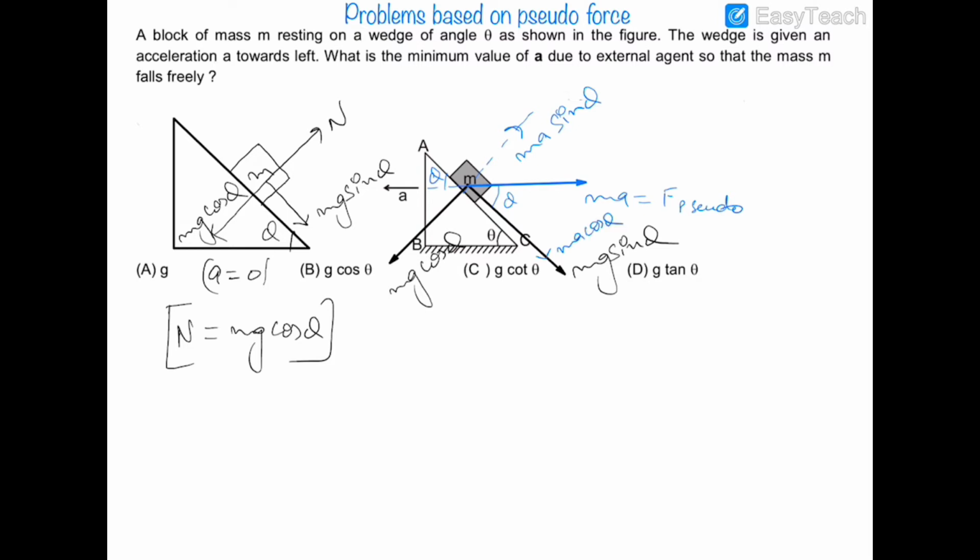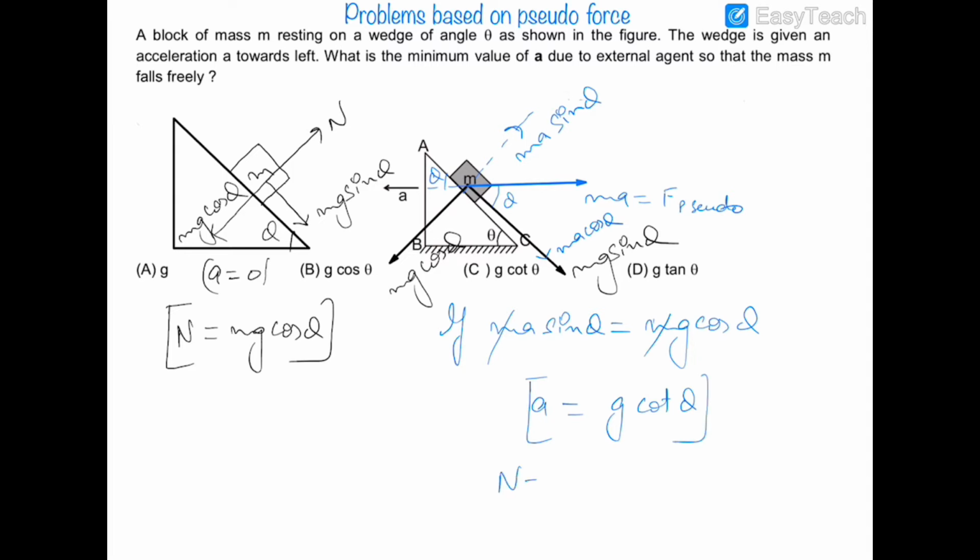But we are concerned about this component ma sin theta, that if ma sin theta is equal to mg cos theta, which means if ma sin theta balances out this mg cos theta, then a will be equal to g cot theta. Then in this case the normal reaction will become 0,